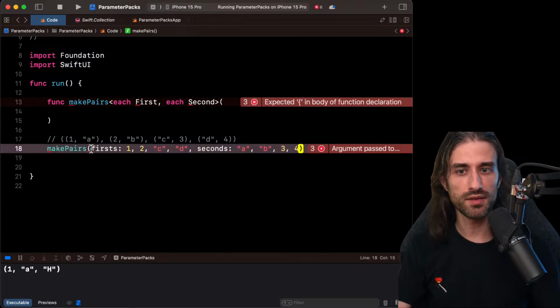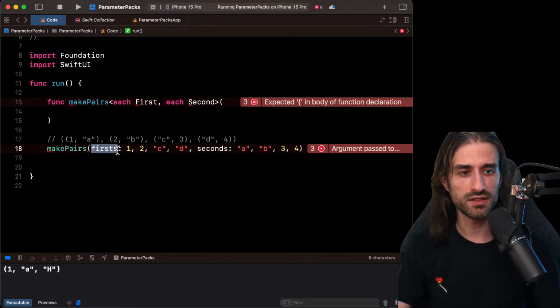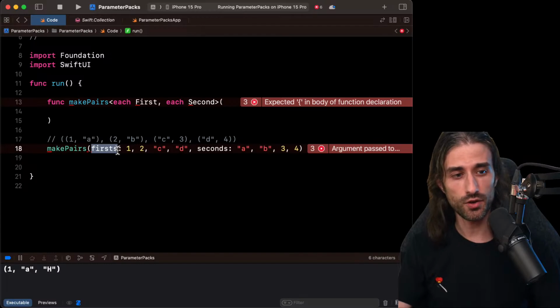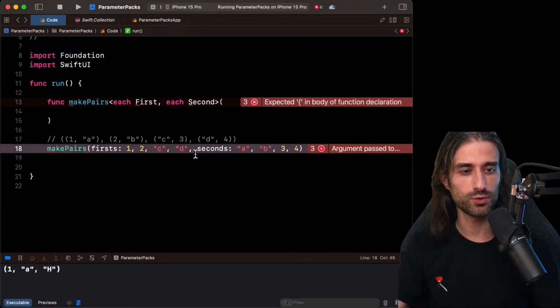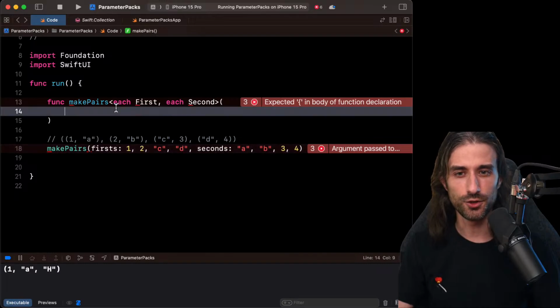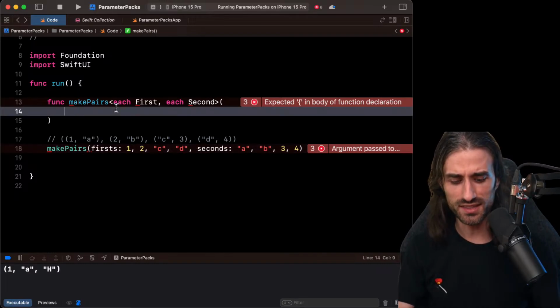And so that's why we need to have external names for the arguments, because Swift requires you to have external names in that case. If that wasn't the case, Swift wouldn't be able to know where the first list ends and where the second list begins. Actually, I think you might get away with not providing a name for the first one, but for the second one, you need a name, because otherwise Swift doesn't know where to draw the separation between the two lists. So let's implement these arguments.